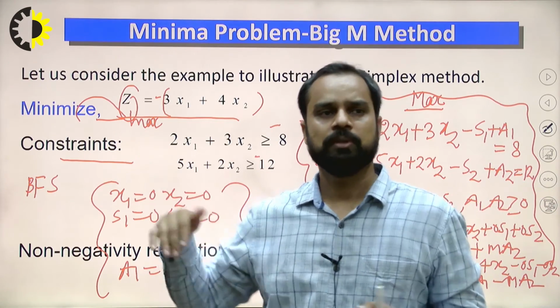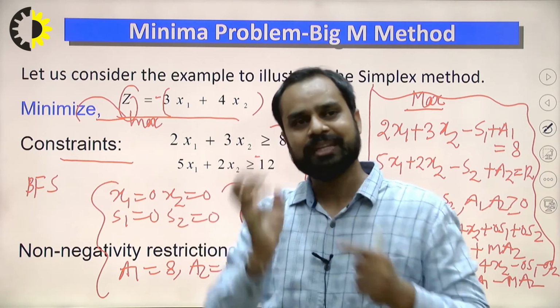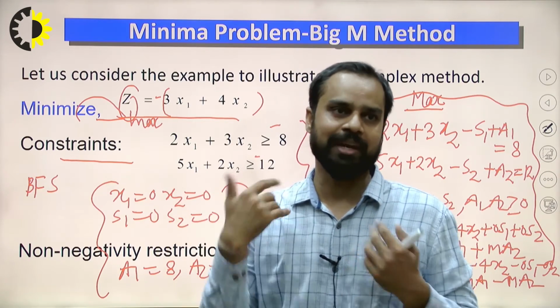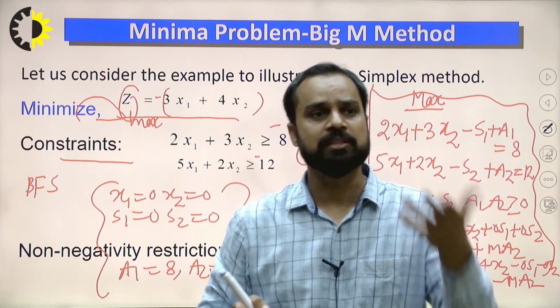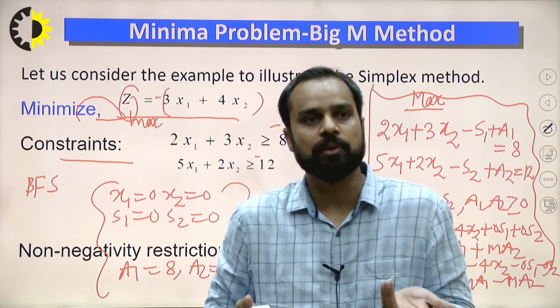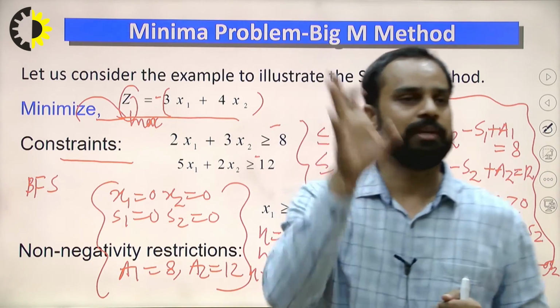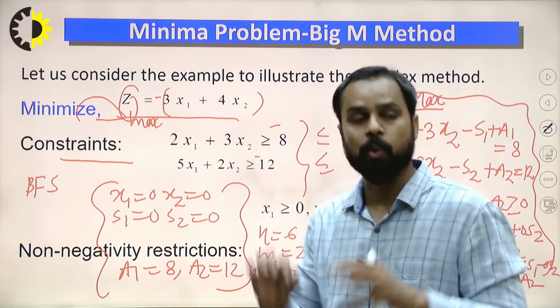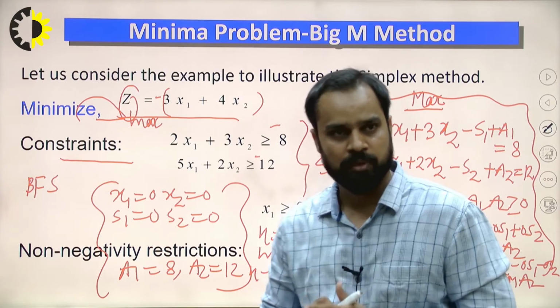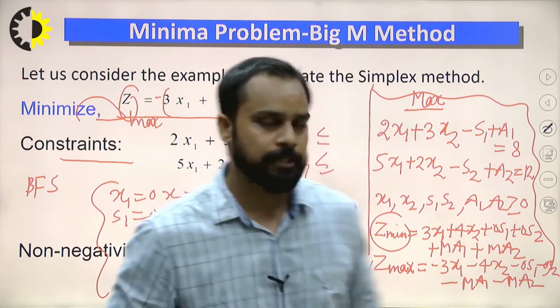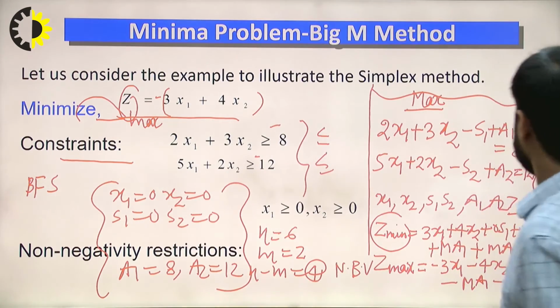In the Cj minus Zj row, you have to choose the least value. That variable will enter into the basic variable table, in the key column. How will you decide the key column? On the basis of the least value in the Cj minus Zj row. That is the only difference. Correct? So this problem has a solution.